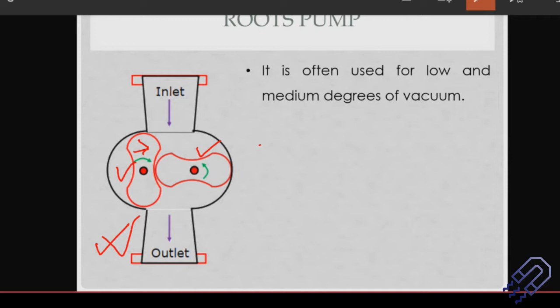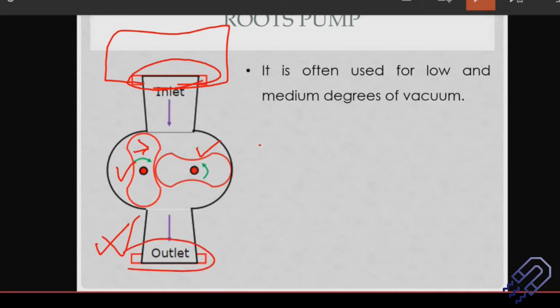Okay, and then you can see this idea is very simple. Again, you have got the inlet across which you connect the location which you want to vacuum. This is also a type of rough vacuum that it creates. We have the inlet and then we have got the outlet across this. And by looking into this image, you can understand what kind of working it will have. Okay, the working principle.